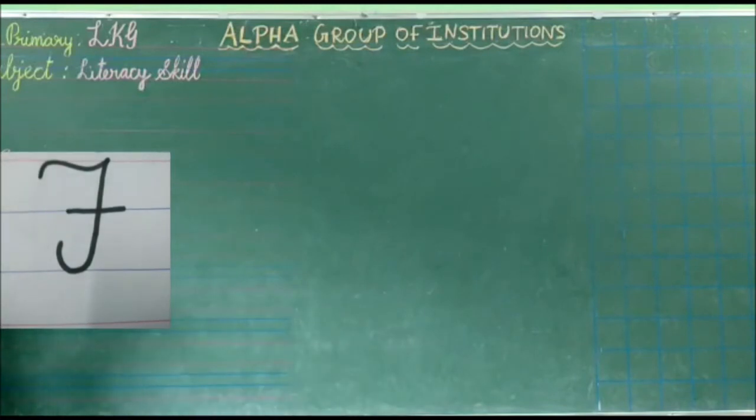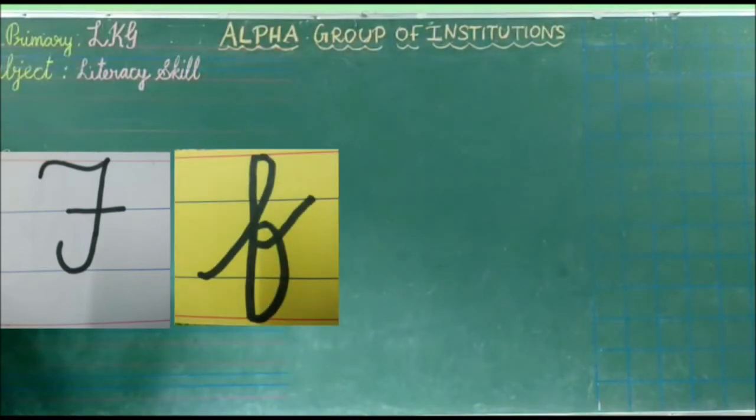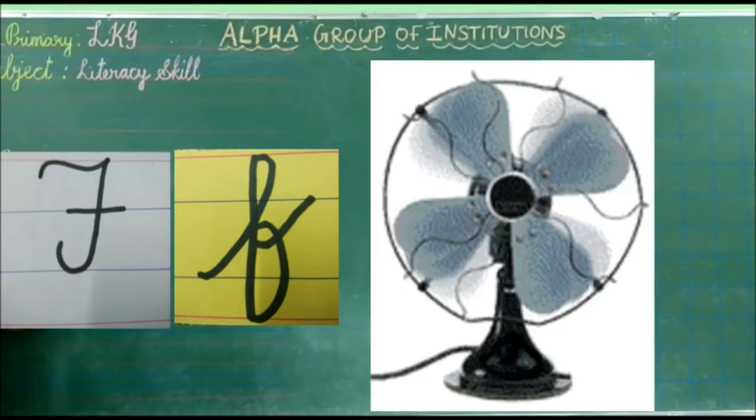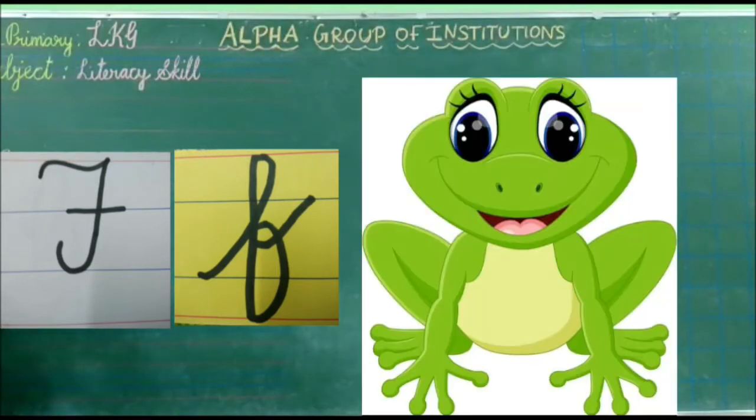What letter is this? Yes, F. This is capital F and this one is small f. F sounds fuh. Tell me what it is. Yes, F for fan. What are you seeing here? Fan. F for fan. Next here we have